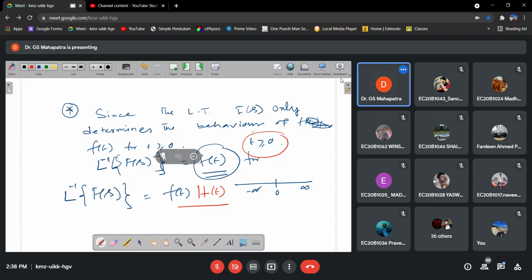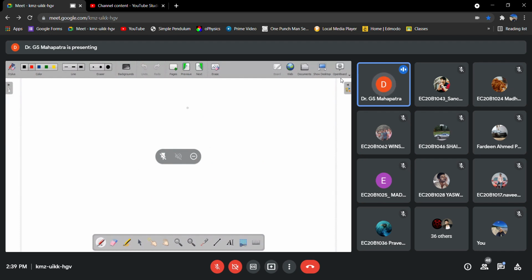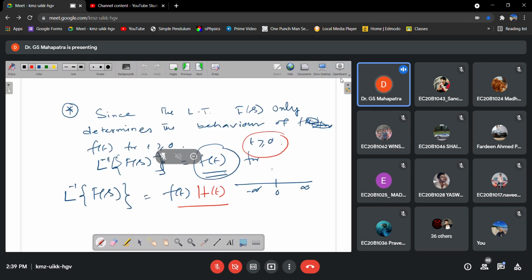That's another one. Next page. That is the concept. Is it clear for all of you? The domain should be defined. Otherwise, if you write f(t), you don't know the domain, to what part you are taking. So that's why we are considering t greater than or equal to 0. Okay. Next.